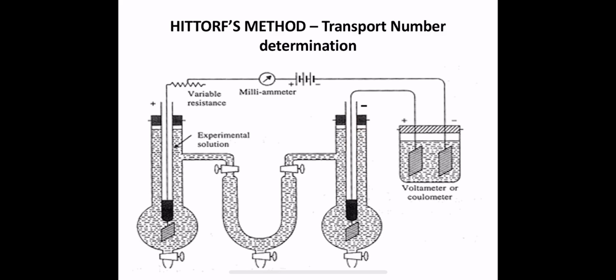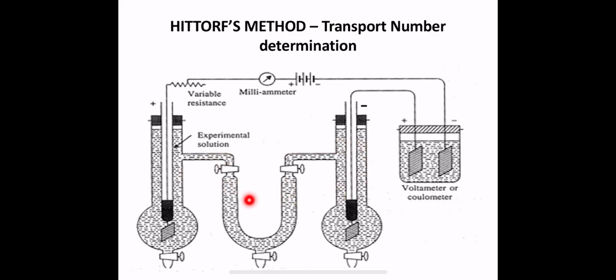Now to this experimental setup we have to connect a rheostat. A battery is connected, and all these 3 tubes are interconnected with the battery through a copper coulometer, a rheostat and a milliammeter. A current of 20 to 30 milliamperes is passed for 2 to 3 hours. We should allow the AgNO3, which has been taken in N/20 concentration, to react at 20 to 30 milliamperes current.